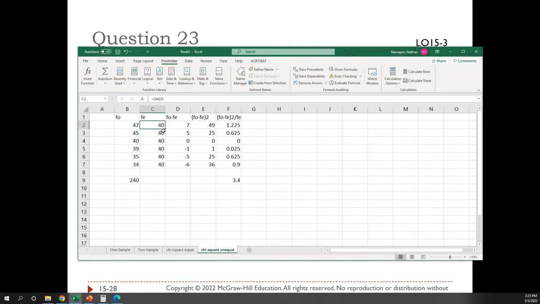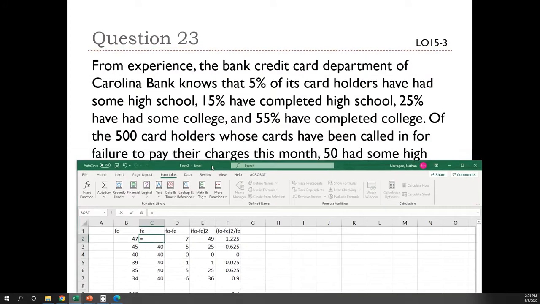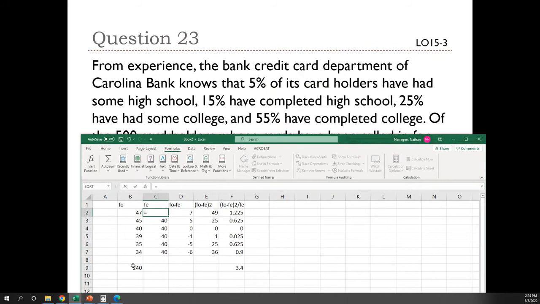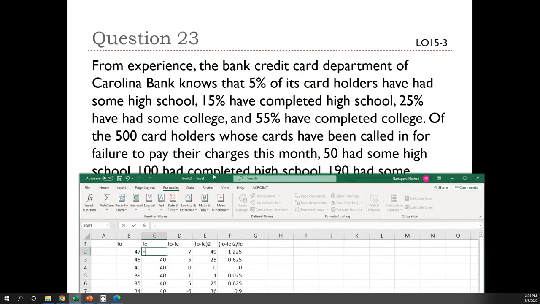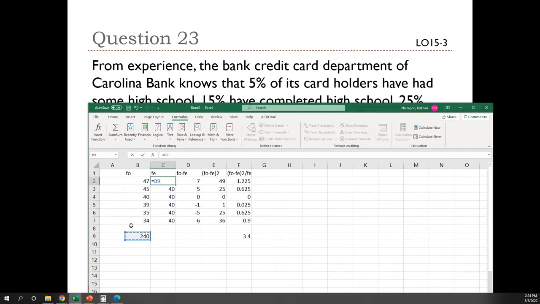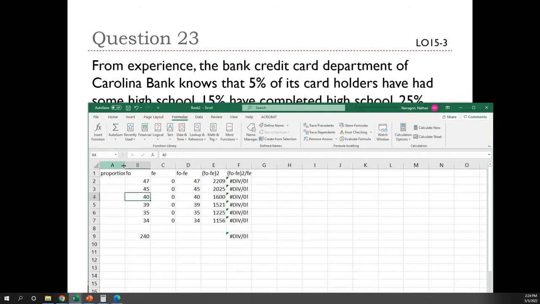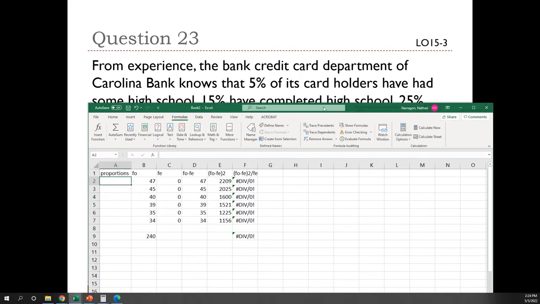So here we can actually do this as equal to basically our total here, multiplied by proportions. So I'm going to put it right there as proportions. Our ratio, yeah, proportions. All right. So for me,